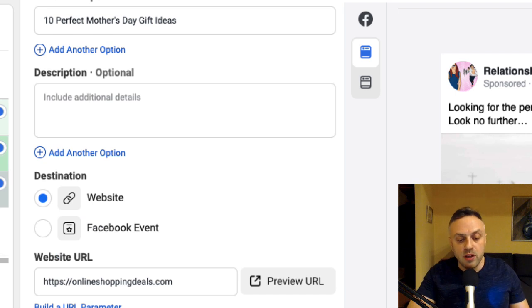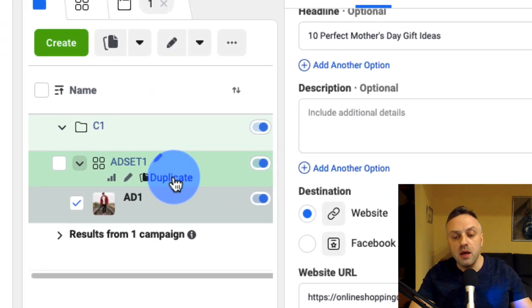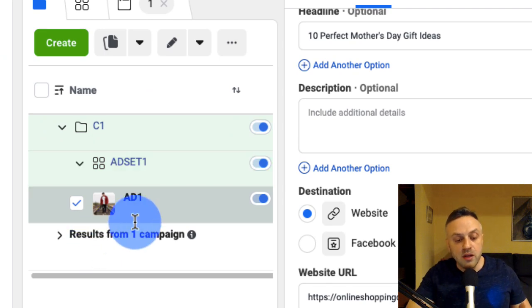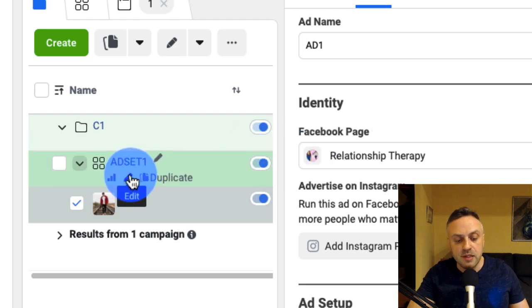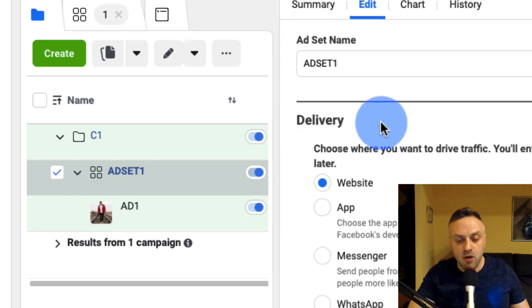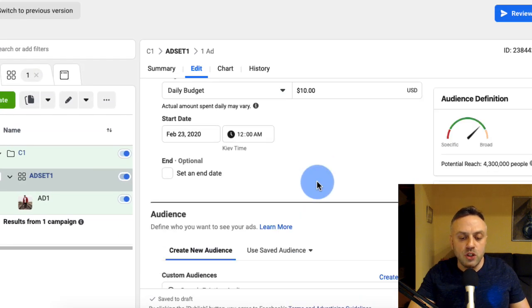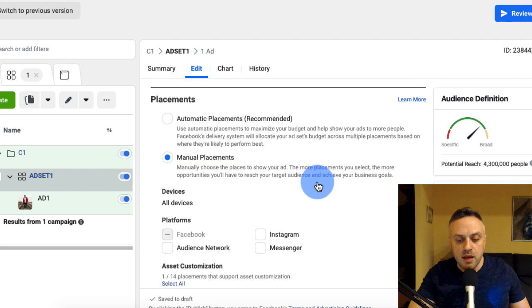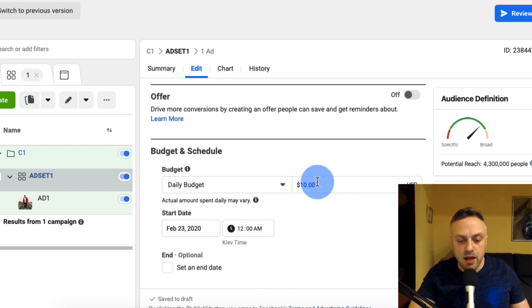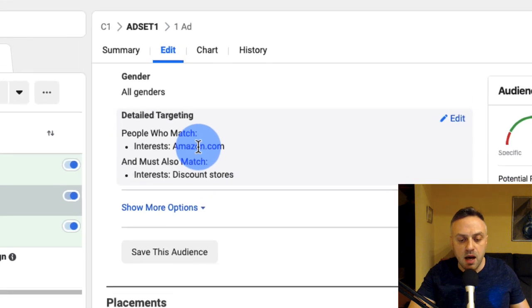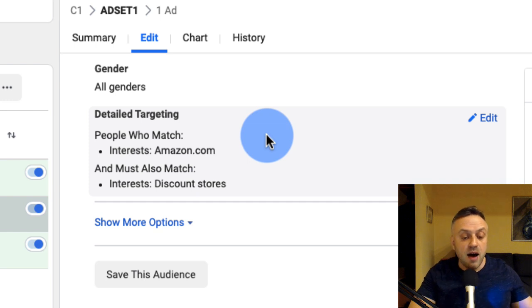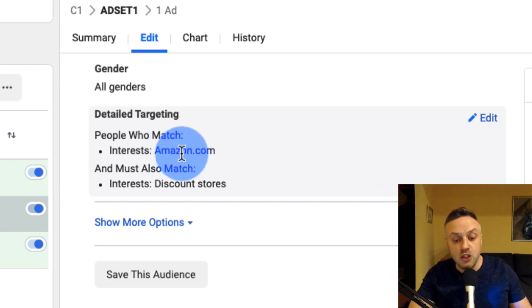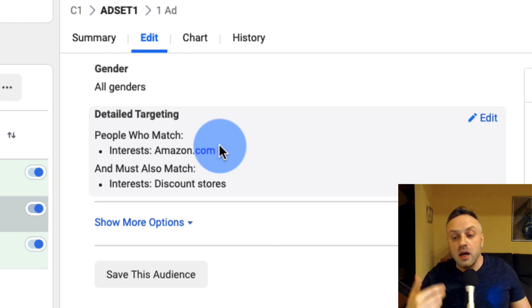Another thing you want to do is duplicate this ad set, and when you duplicate, maybe create 5 different ad sets. They're all going to have the same ad, and then you can change around the targeting, right? So in this ad set, I have my Amazon, right? Remember, we're trying to find budget shoppers. Not all of them are going to be on Amazon.com. You can try Costco, you can try Target. You can duplicate this ad set 5 times, $5 a day budget for each ad set, and then change around Amazon.com to Target, to Costco, to something else. Just click on suggestions, and Facebook is going to tell you.